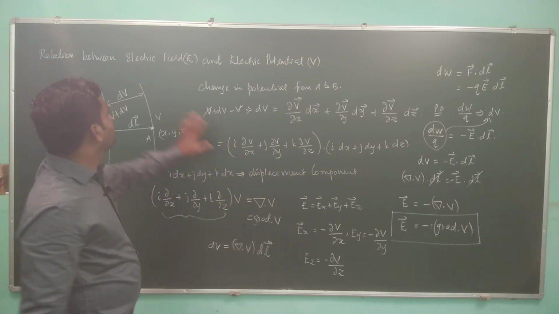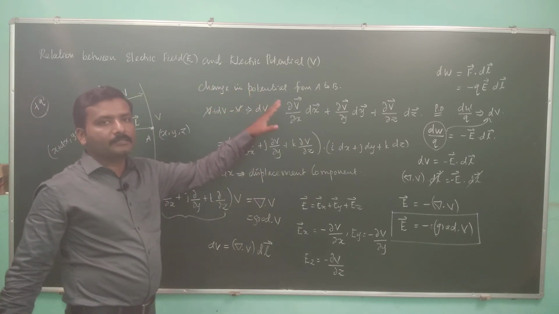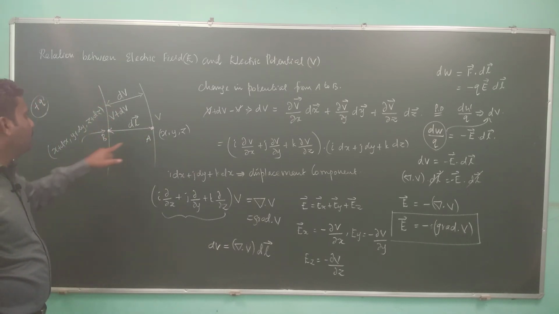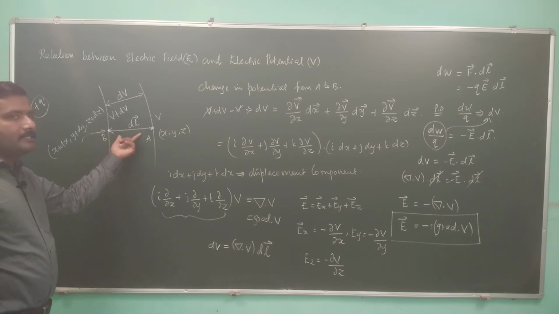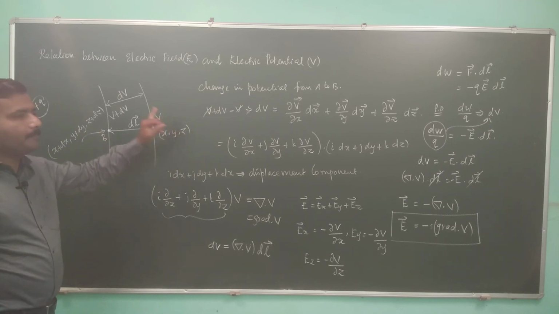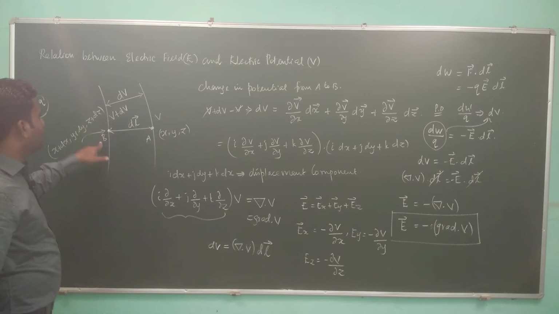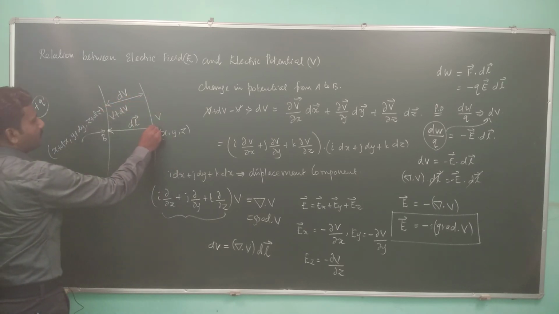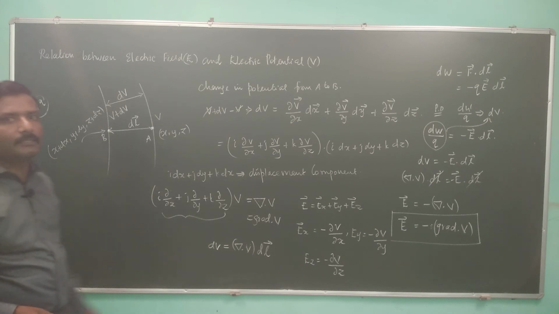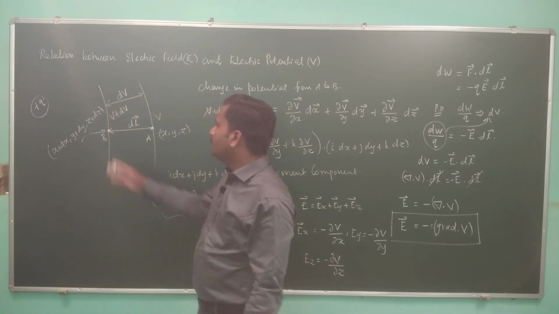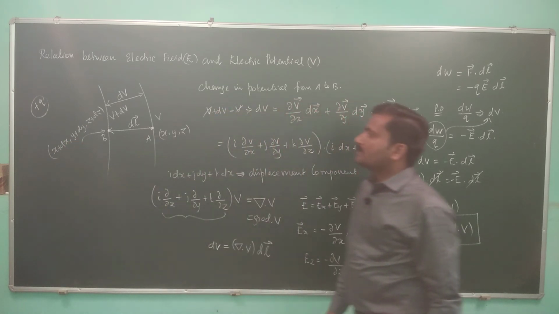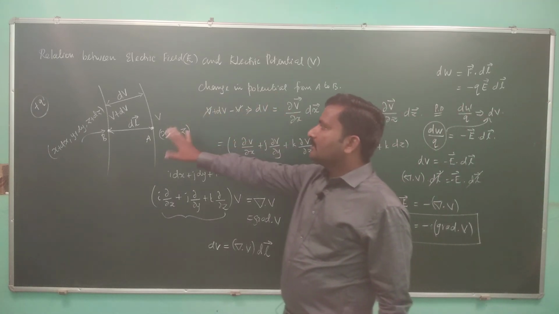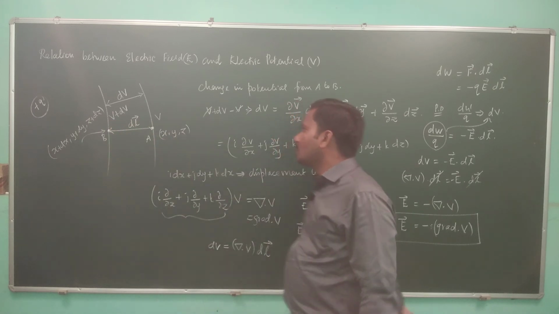You can connect all this. So this is the relation for electric field and electric potential. Let me repeat what we have done. We have considered two points, point A and point B, at a unit distance dl. The potential at point A is V and the potential at point B is V plus dV, and the potential difference is dV. The position of A is x, y, z in Cartesian coordinates, and the position of B is x plus dx, y plus dy, z plus dz, and the entire thing is in the vicinity of the electric field created by this charge plus q.